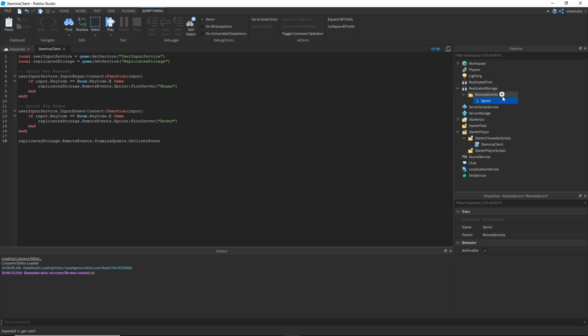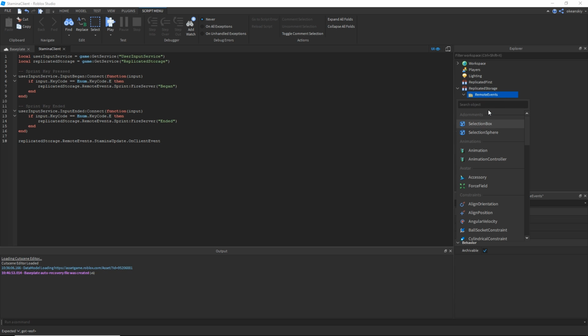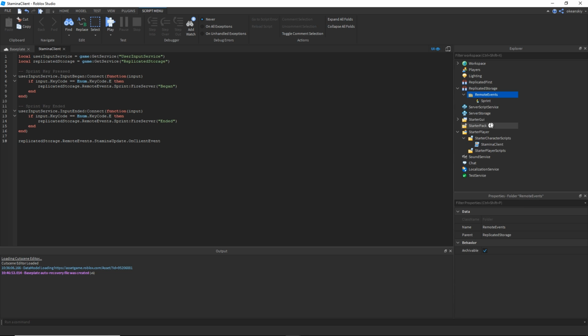So I'm going to have to implement another remote event. I could use the same one, but just to make it a little more organized, I'm going to separate the update from the sprint. I'm going to add a remote event and call it